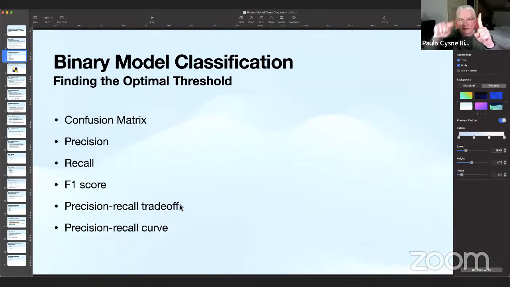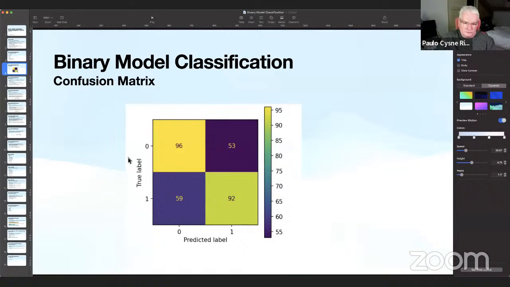There is a point where you have the best, but it's always a trade-off, and you saw that in the curve. We generated a nice confusion matrix that looked like this. Again, let's just repeat so you keep well in mind: a true positive is when